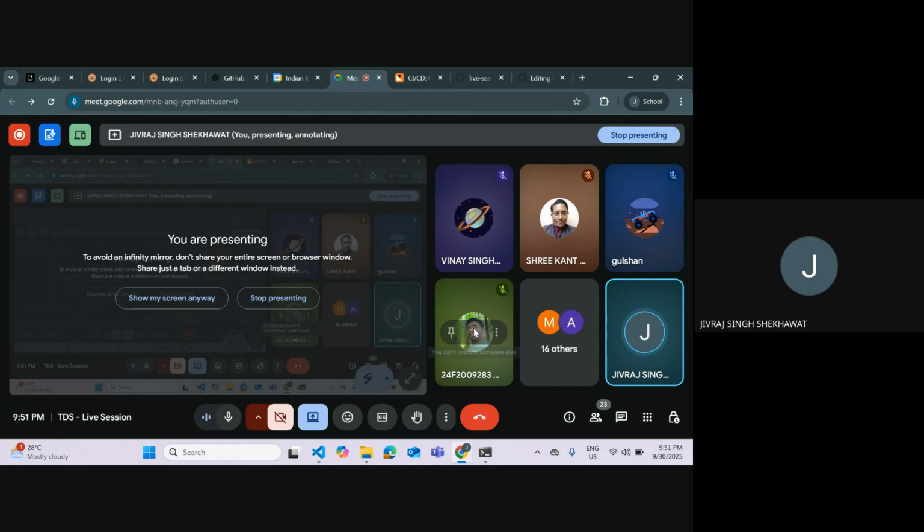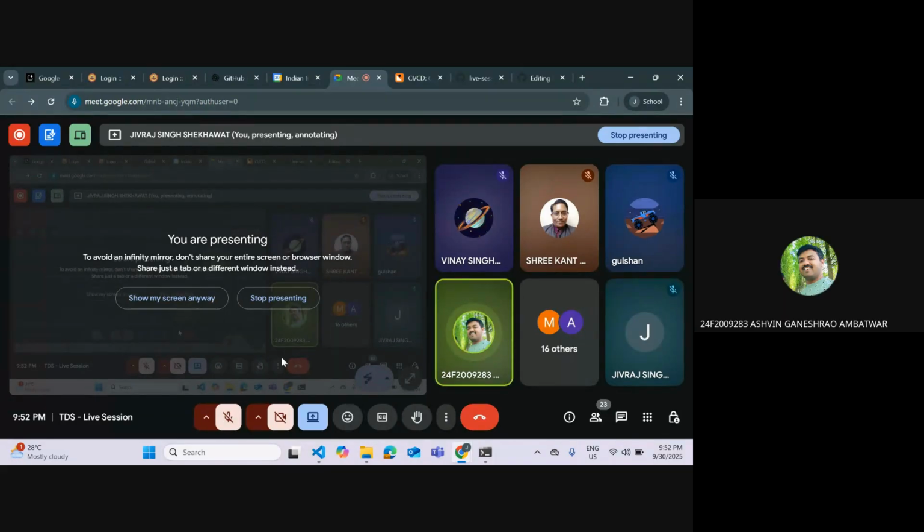Now, Ashwin, if you want to add something on top of it, you can add. Yeah, that's correct what you mentioned. Generally, for example, maybe Shrikant has developed something and someone like Jivraj wants to update Shrikant's code, and Jivraj has sent a fix, saying this is some fix I am pushing to this branch. But before that,